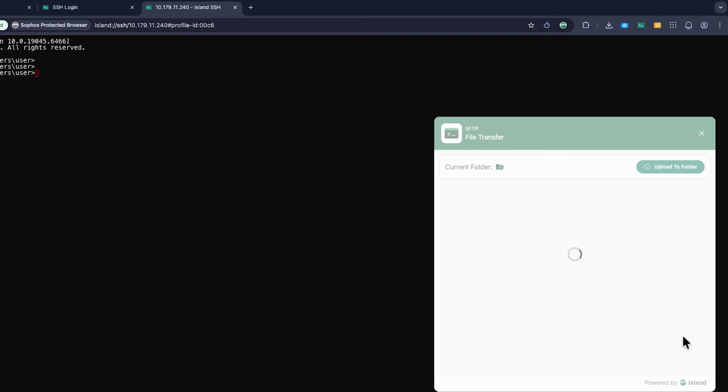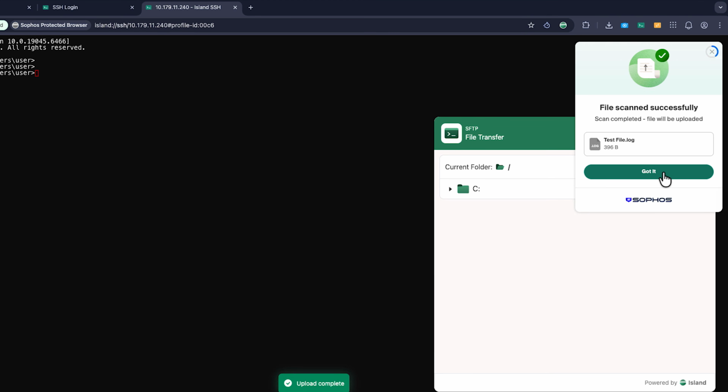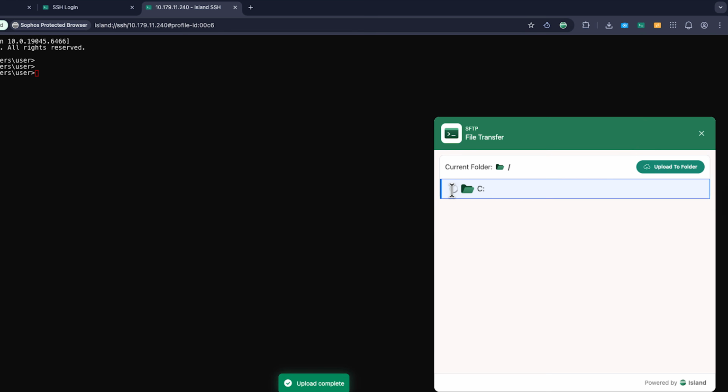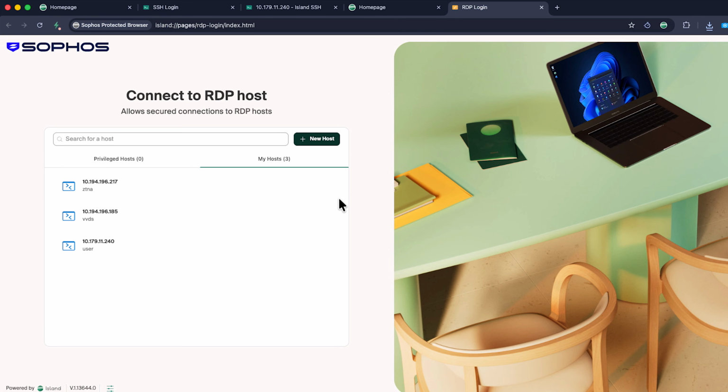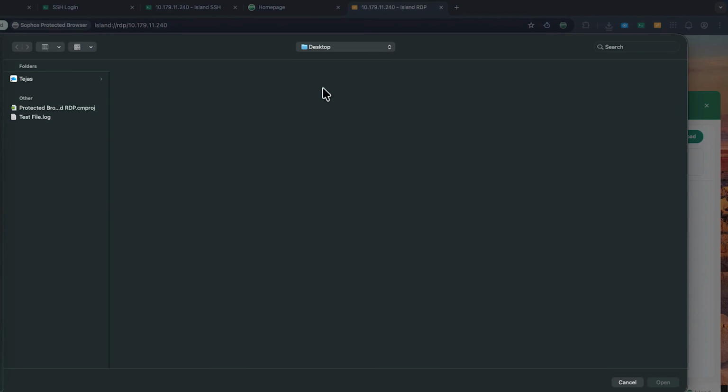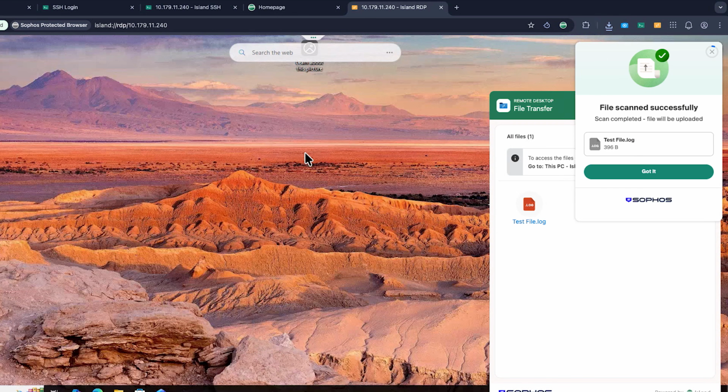If I try to upload or download a file, a pop-up will appear notifying that it was scanned and successfully uploaded. If I try to do the same through the RDP server, uploads and downloads will also be allowed. This is expected since the data boundary conditions haven't been configured yet, so I'll do that now.